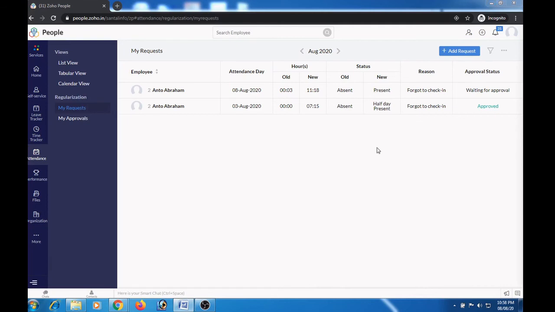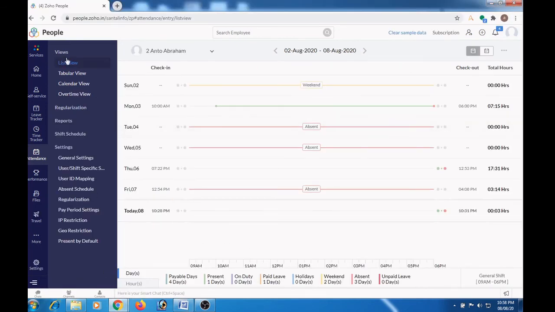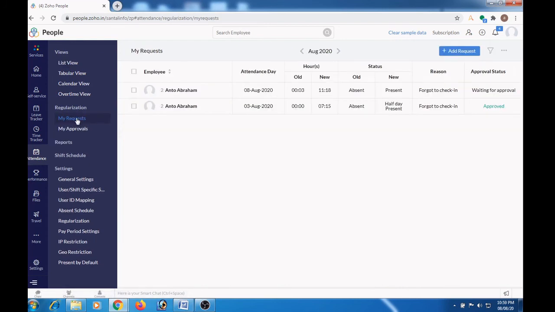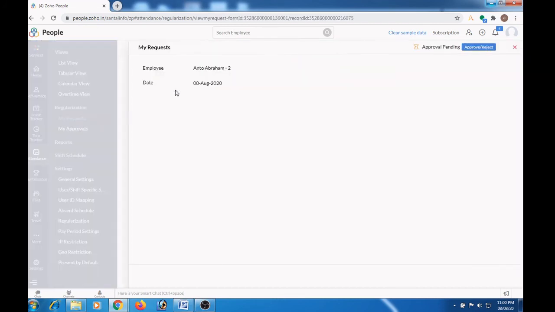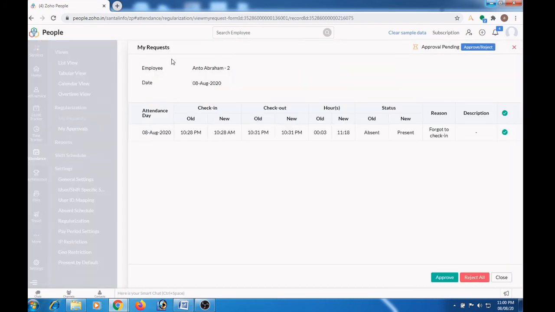Now let me go to admin page and check. Go to regularization, click my request. This is a regularization request sent by the employee just now. It's waiting for approval. To open this, click here. Here we can find the details about the regularization sent by the employee.